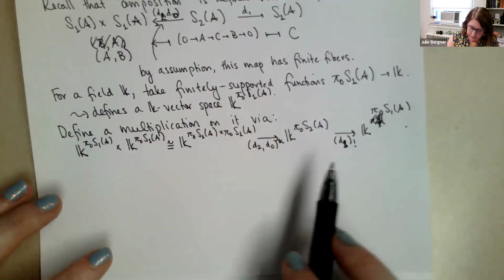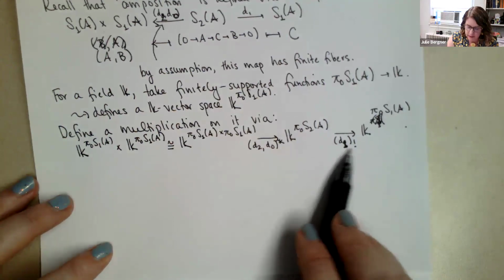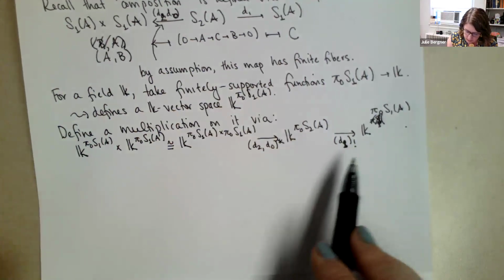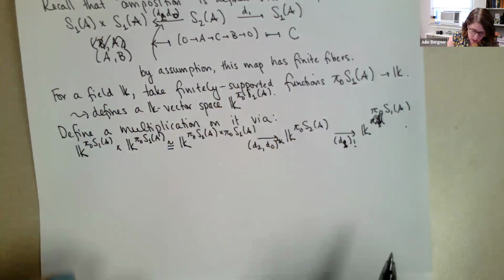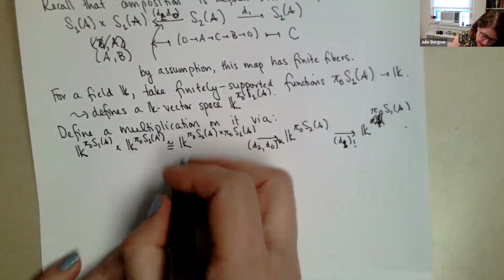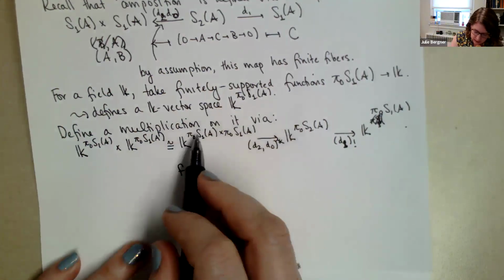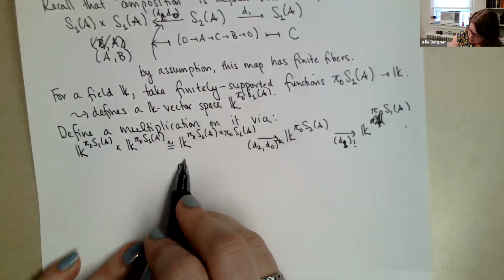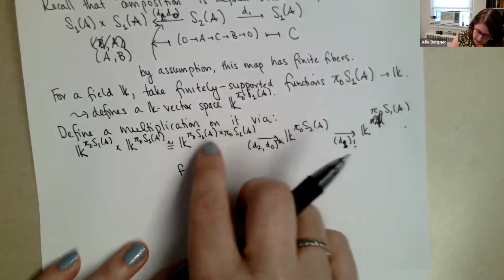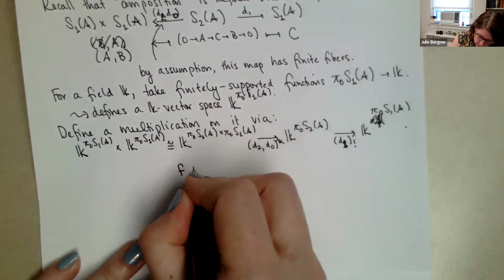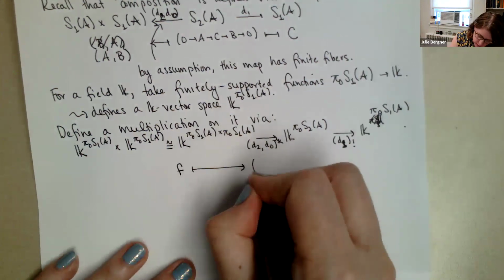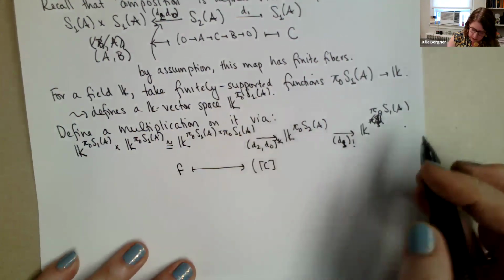And again, some of our finiteness assumptions are guaranteeing that this push forward is going to be well defined. So what happens here? If I have a function f from this product into K, then what's going to happen when I apply these two things? I'm going to get the function that inputs